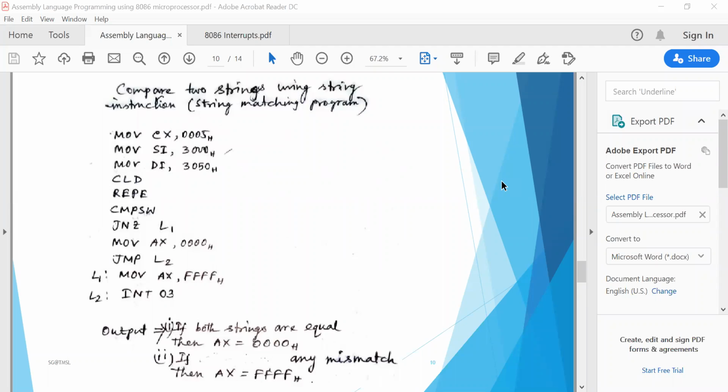So I have taken the last number in the second string differently, 0006, which is not equal to 0005. So obviously after executing my program, if any one is mismatched, different from another, then my output will be shown as FFFF, because I have taken different numbers. Like in 3008 memory location, I have taken that 0005 is stored, but in 3058, I have assumed that 0006